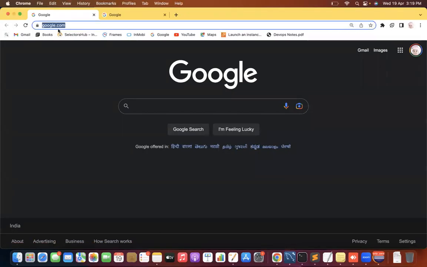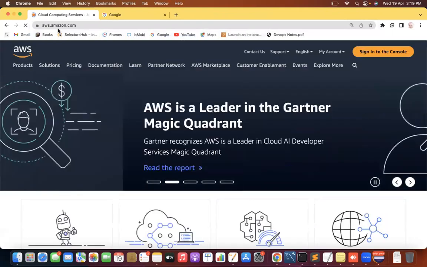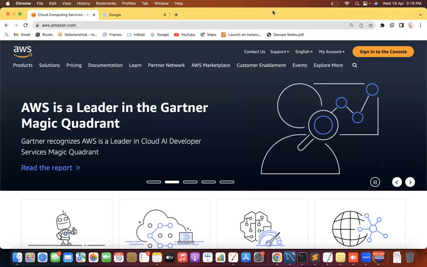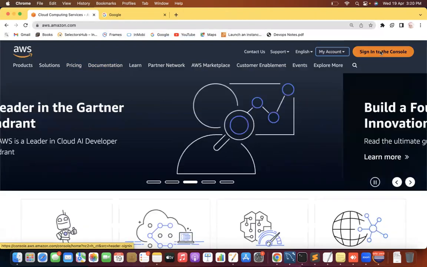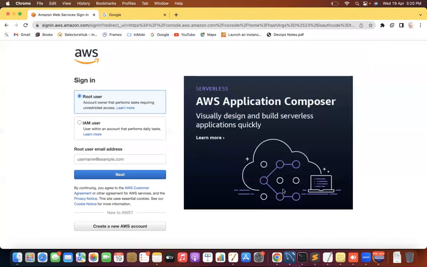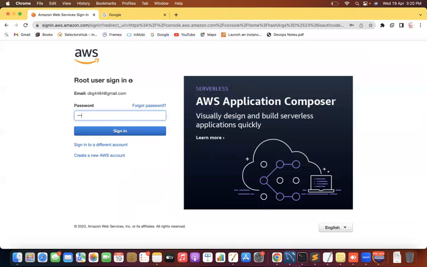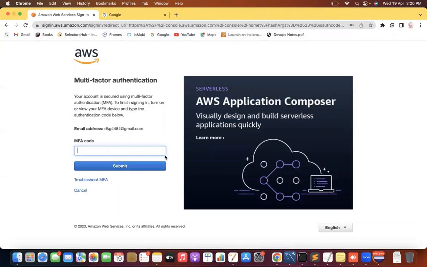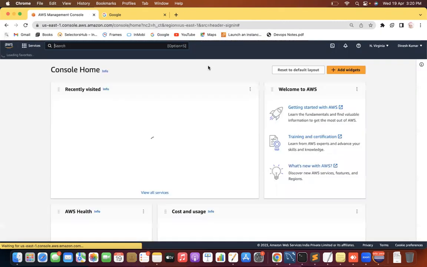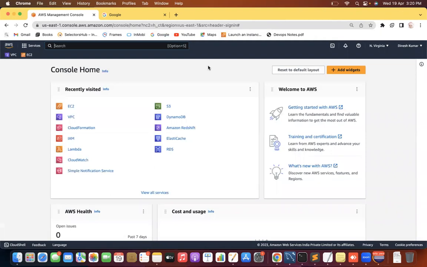Okay, no issues. So let me share the screen and go to the AWS Management Console. Click on sign in to console. And then I will enter my user ID and password. Okay, I have logged into my account. Right. Now,